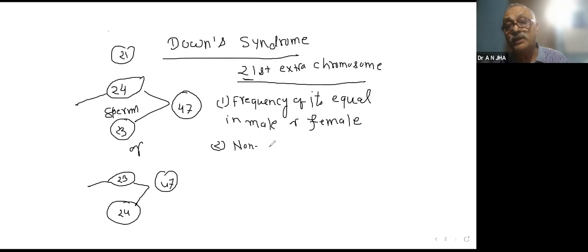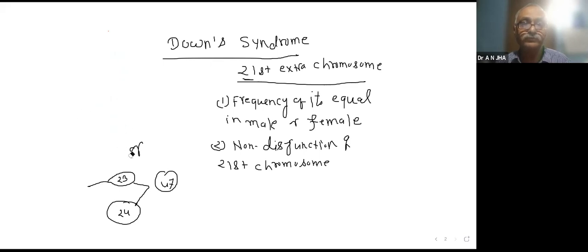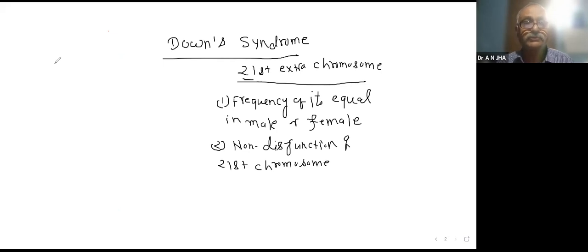Non-disjunction means non-separation. Non-disjunction of the 21st chromosome, either in egg or sperm. Then the question arises, what could be the symptoms of this? Symptoms of this: